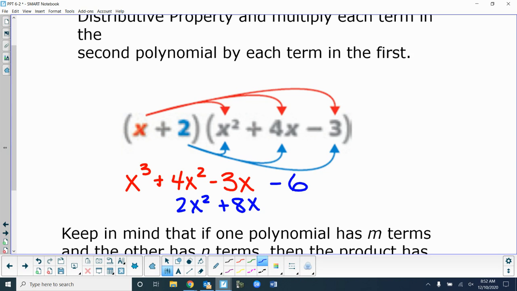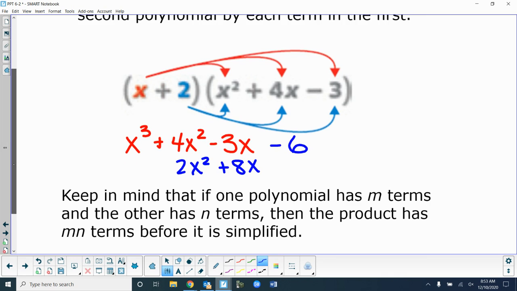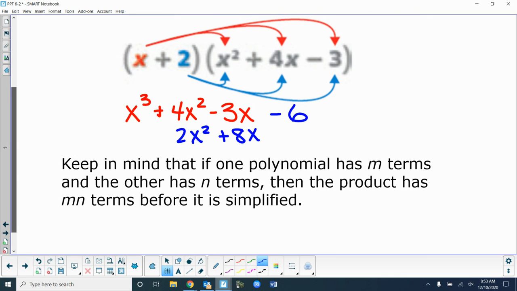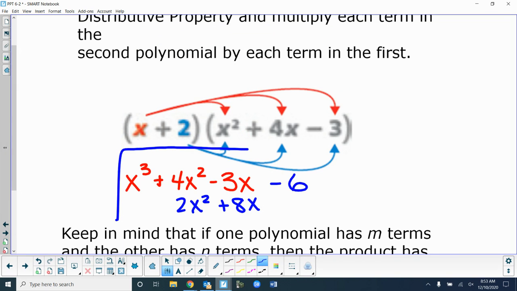So there's the red ones, there's the blue ones. How many total terms are there? 6. That's what we expected, right? 2 terms times 3 terms, 6 total. But when we combine like terms, we don't always have that many terms. That's okay. So I like to do it like this because then